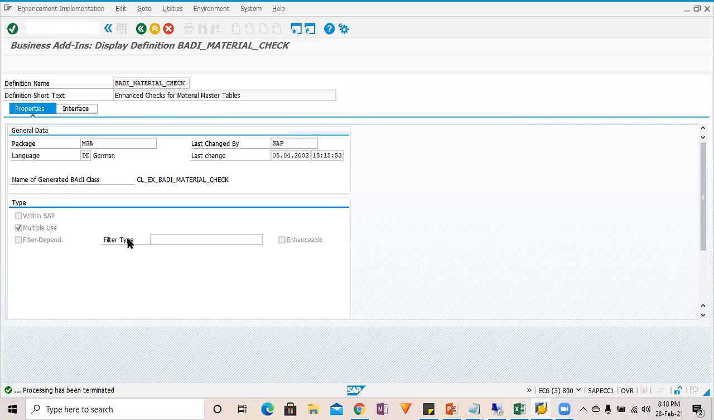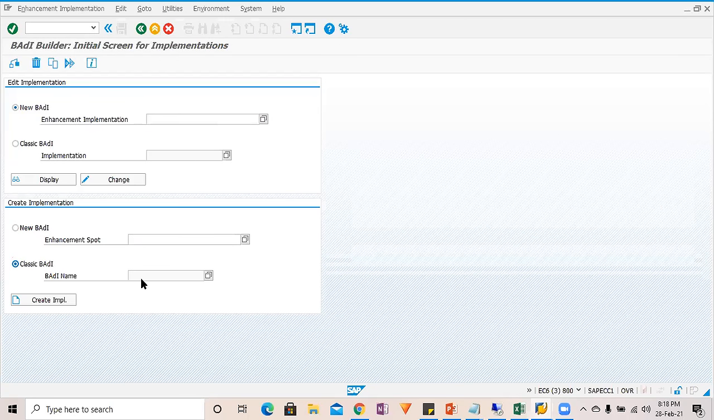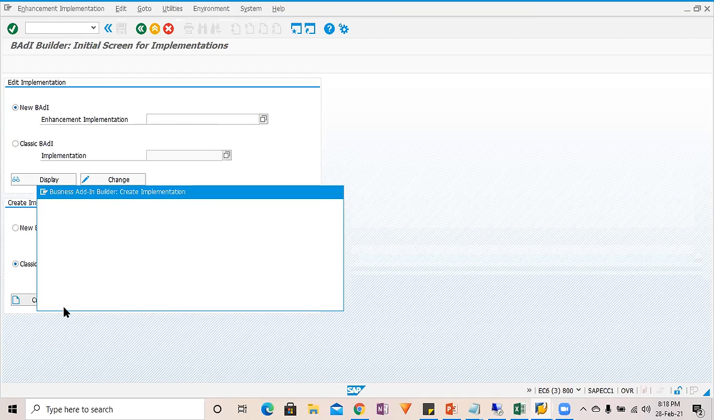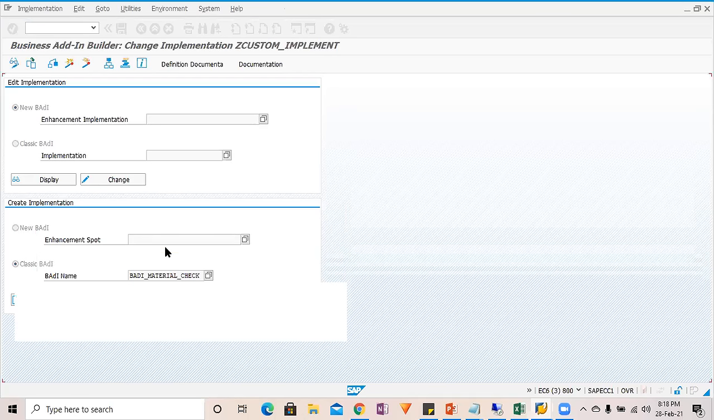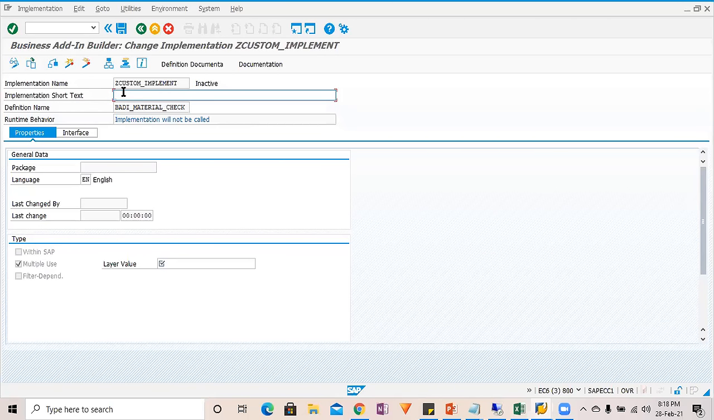Go to /NSC19 once again, and under the classic body, create an implementation and give it the name jet custom implementation. See here it's telling that the implementation will not be called because it is not activated. It's inactive, that's why it's telling it will not be called. If you activate it from here, the implementation is going to